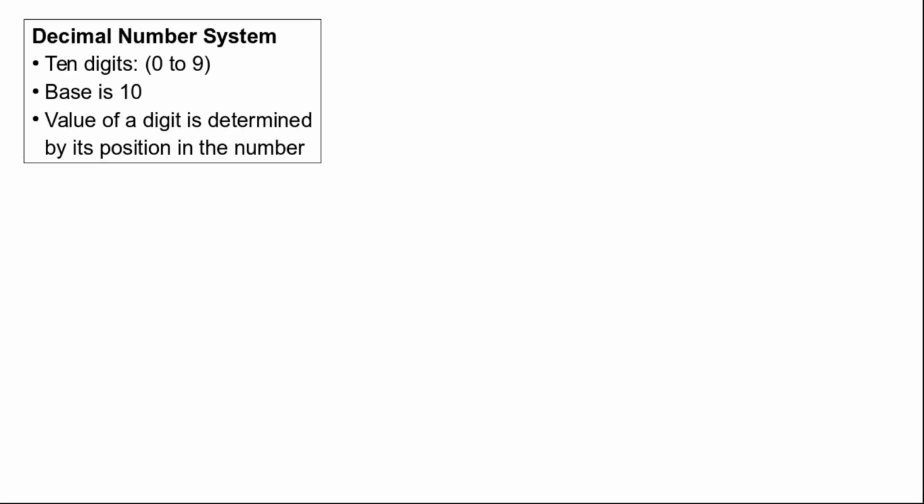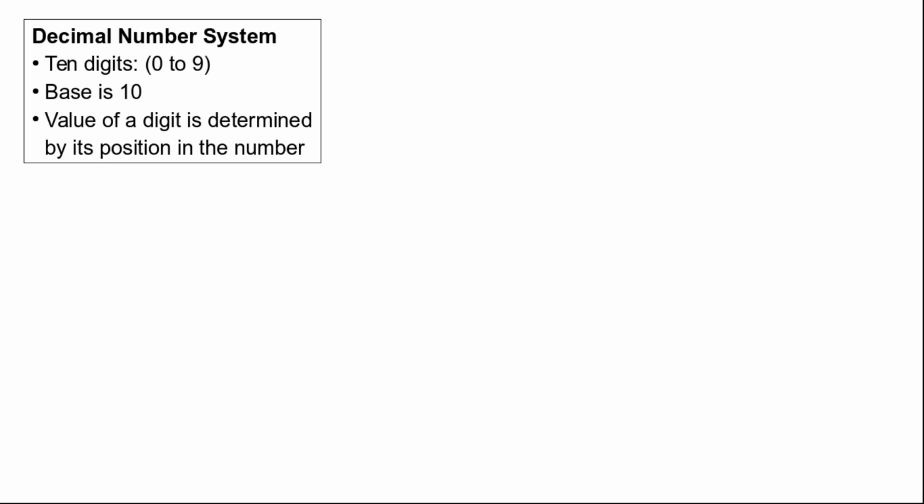I'd like to start with decimal number systems. The decimal number system is the system we use to count numbers in our day-to-day life. In this number system, there are 10 digits, 0, 1, 2, 3 up to 9. So there are 10 digits and the base is 10. We'll see what we mean by base is 10, and the value of a digit is determined by its position